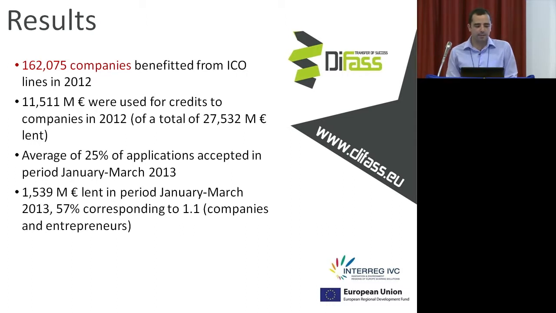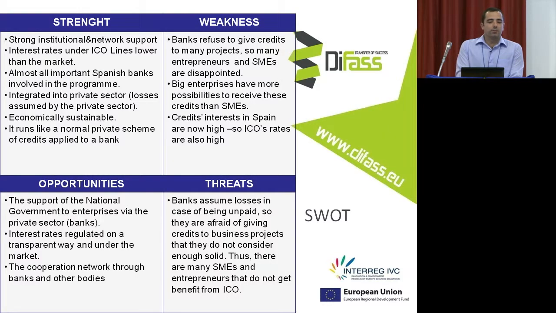That 7% is now of 1,500 million euros in this period, corresponding only to the main ICO line of entrepreneurs and companies. So, just as a summary, here is what we consider the strengths, weaknesses, opportunities and threats of this program,